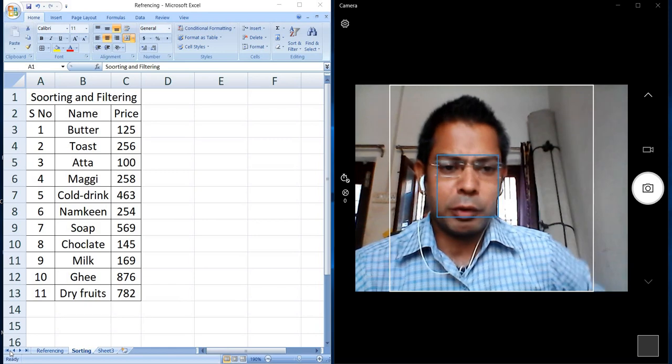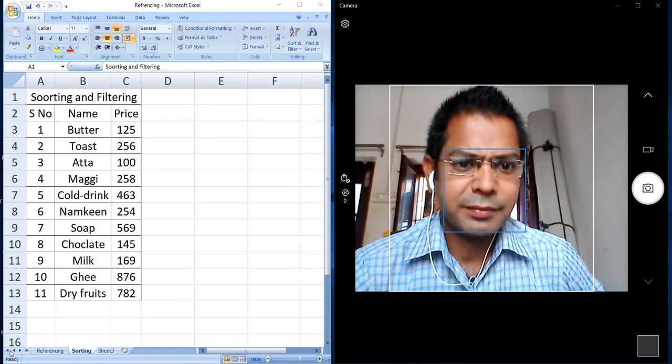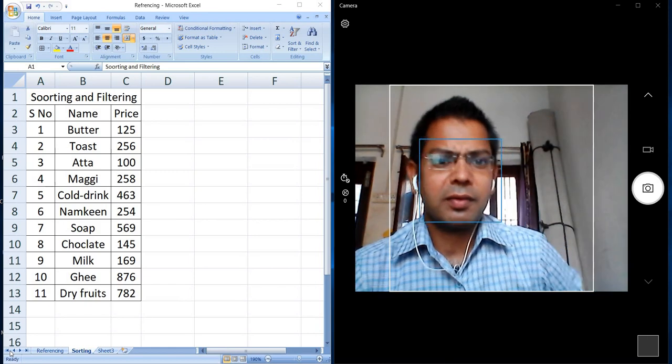Sorting is possible in two ways, as you know very well. Number one is ascending.